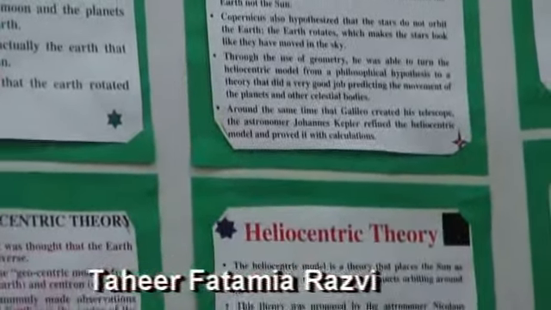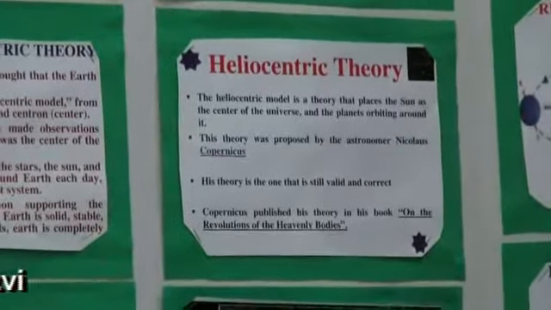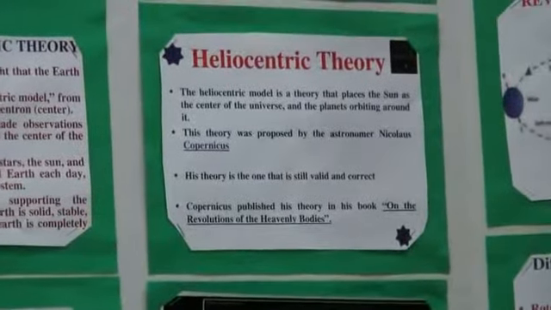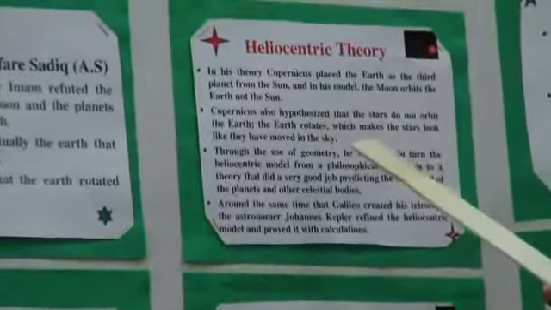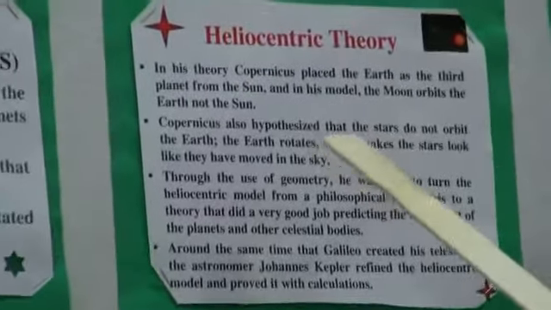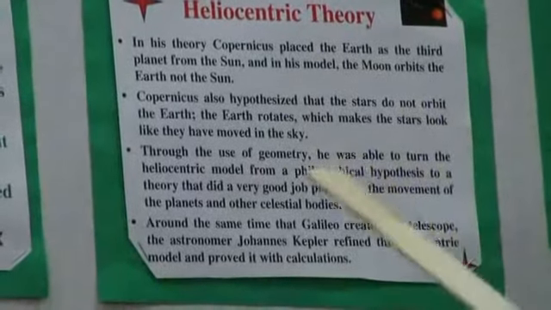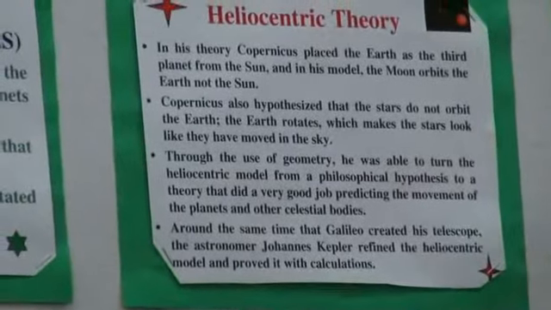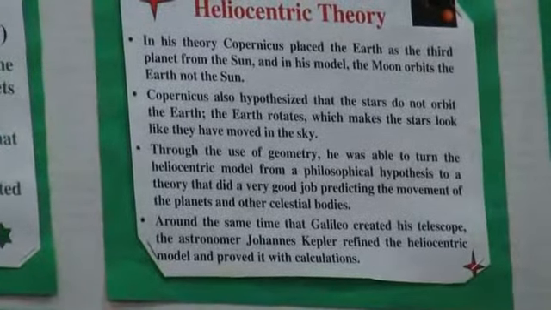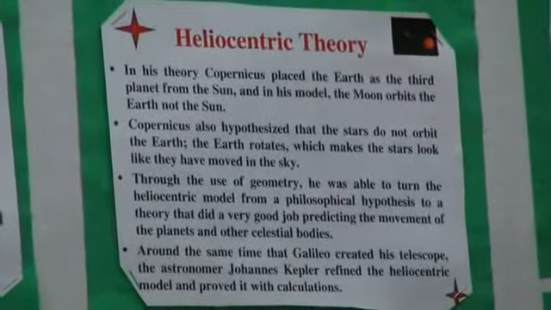And he also published a book which is called On the Revolutions of the Heavenly Bodies, which means on the revolutions of the planets. In his theory, Copernicus placed the Earth as the third planet from the sun, and he also hypothesized that the stars do not orbit the Earth. The Earth rotates, which makes it look like the stars have moved in the sky. And he used geometry to explain his model to people, and this was happening in the 16th century,